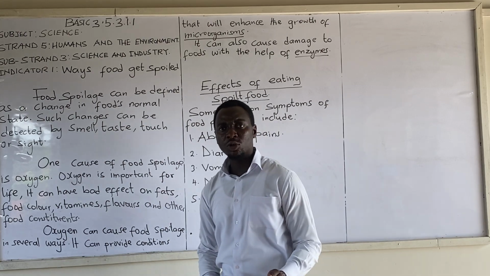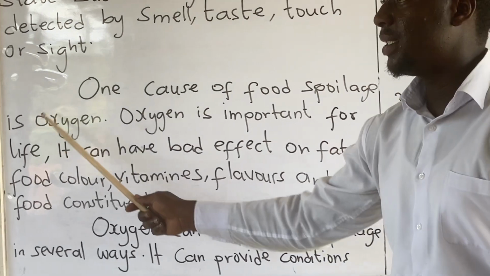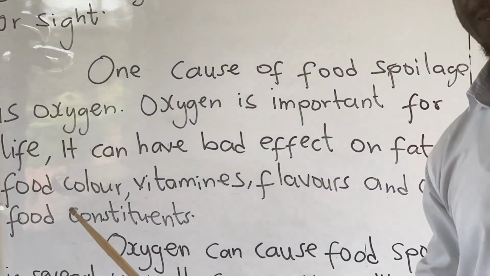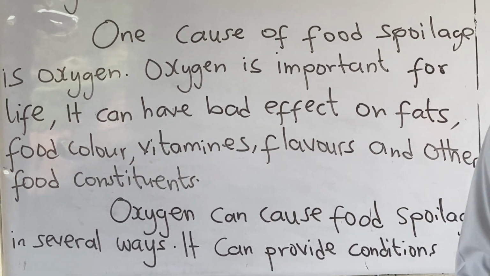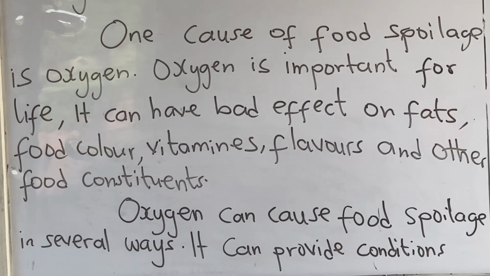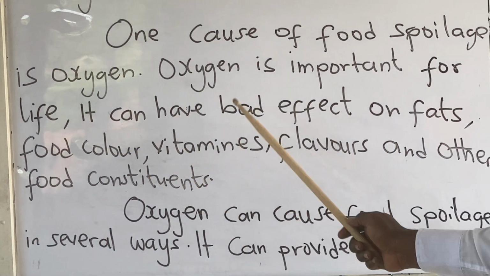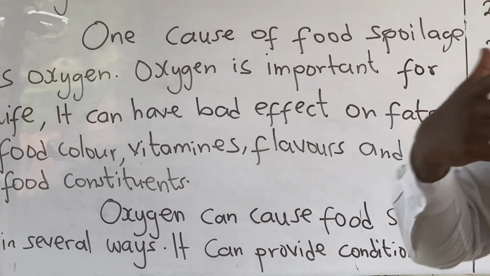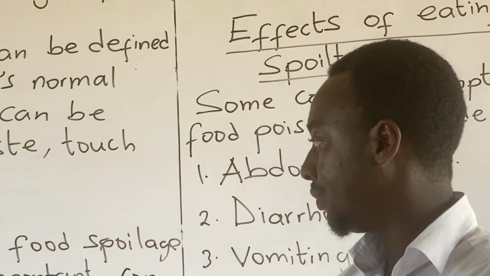Let's look at some of the causes of food spoilage. One cause of food spoilage is oxygen. Oxygen is very important for life because all living things need oxygen to survive. Though oxygen is very important, it can also have bad effects on fats,